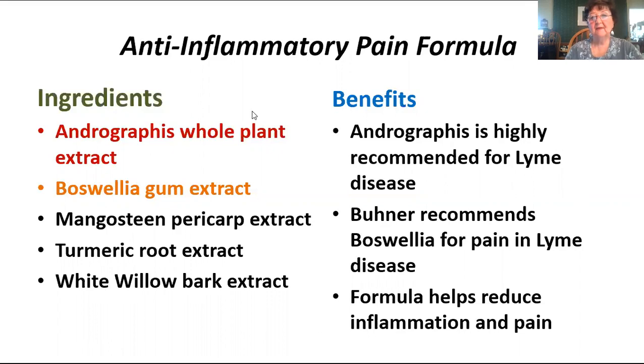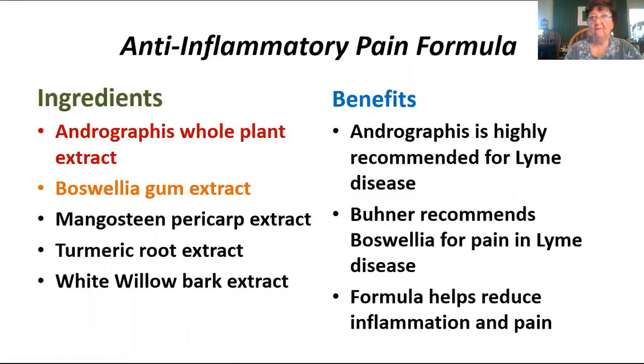And then, of course, they made a drug out of it. Whereas white willow is very balanced, the aspirin was very targeted, and it created problems. It created bleeding in the intestinal lining. So this one is the one Buhner recommends, and boswellia for pain and Lyme disease is